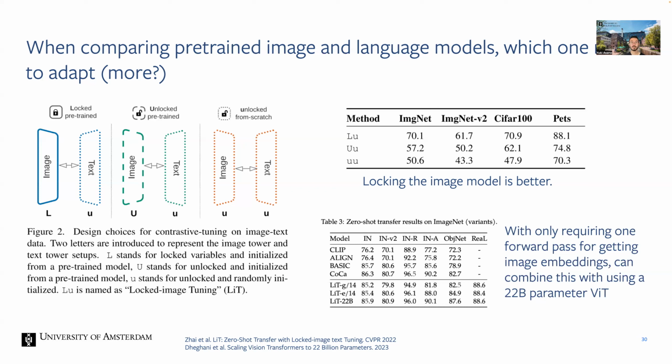You can do this even with huge models, like the recently released 22 billion parameter vision transformer. So this is nice. I'm giving it this sort of token here at the bottom, which means, okay, you don't need that many GPUs to do something like this at the very least. I'm going to be talking about how much compute these sort of models use in the next slides as well.